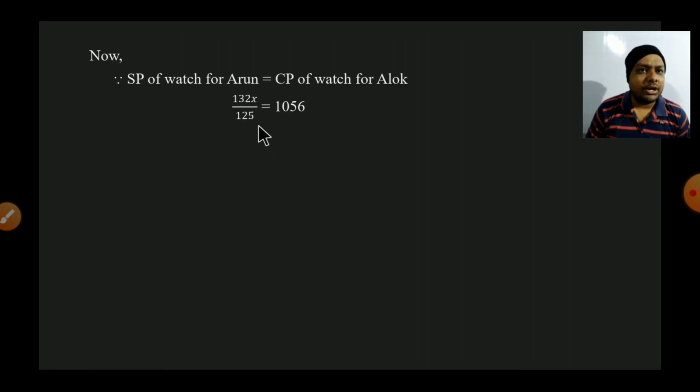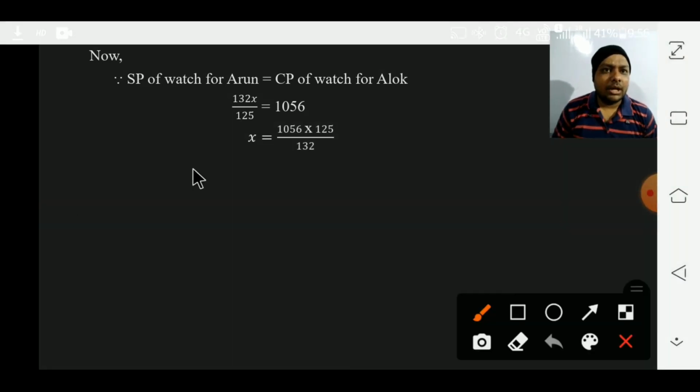So we will take 125 to that side, then it will go in numerator and 132 will go in denominator. Okay. Let's do it. Now we have to cut it. Now, if you see, yes, 1056 and 132, both are divisible by 11. Let's cut it. 11 1s are 11. Not 11, 12. Yes, it is divisible by 12. So 12 11s are 132, and here 12 8s are 96. Then 4 and 5 9s are 96. Again 11 8s are 88, 12 8s are 96. 11 1s are 11 and 11 8s are 88.